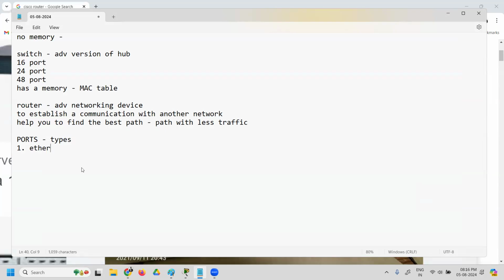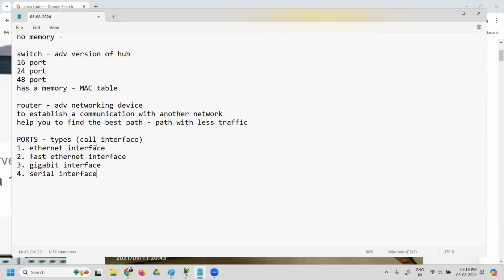In ports, you have different types of ports. The first type is called Ethernet interface. Another name for port is interface. In terms of router and switch, you can call ports as interfaces. In that you have Ethernet interface, fast Ethernet interface, gigabit interface, and then serial interface.